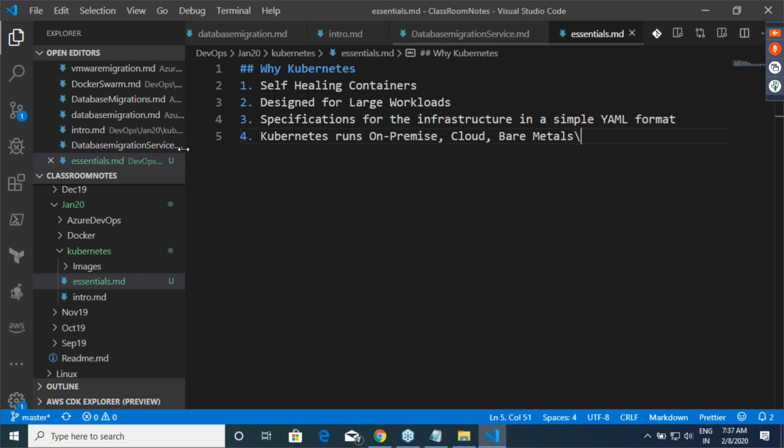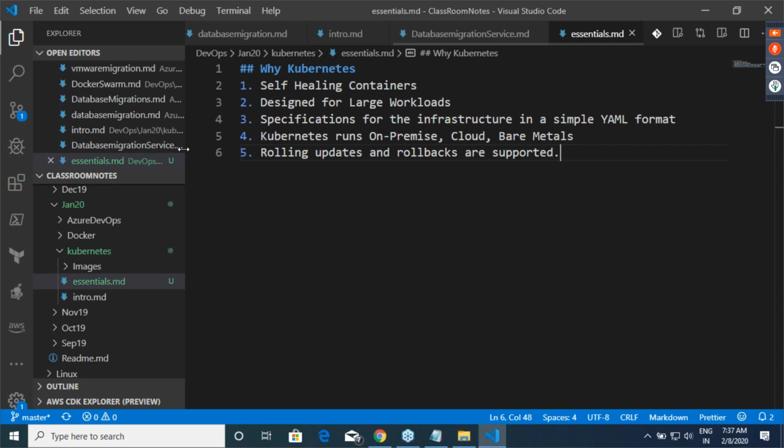Okay, so we have spoken about where Kubernetes runs. One of the important things is that rolling updates and rollbacks are supported.